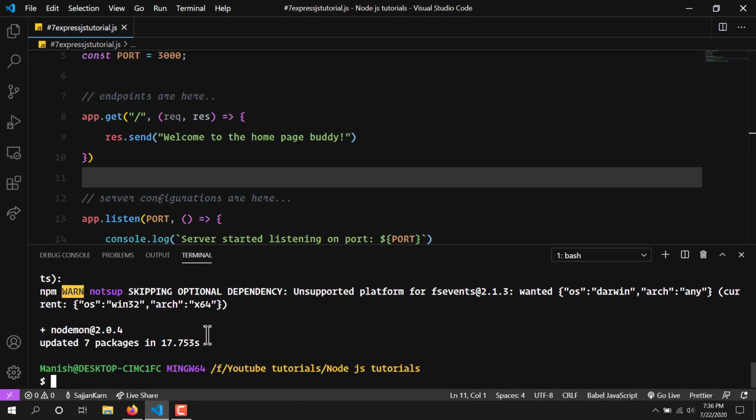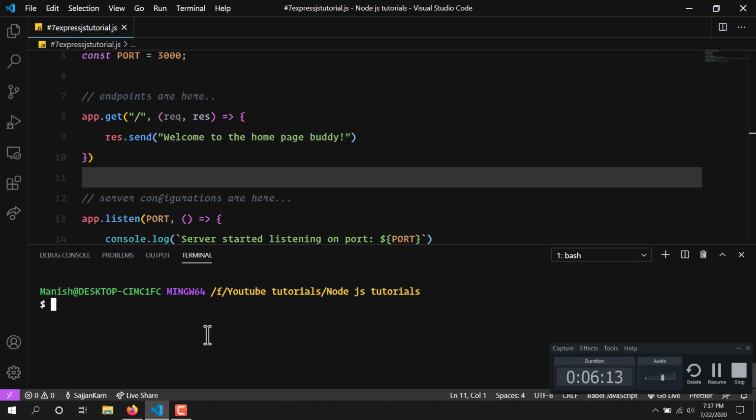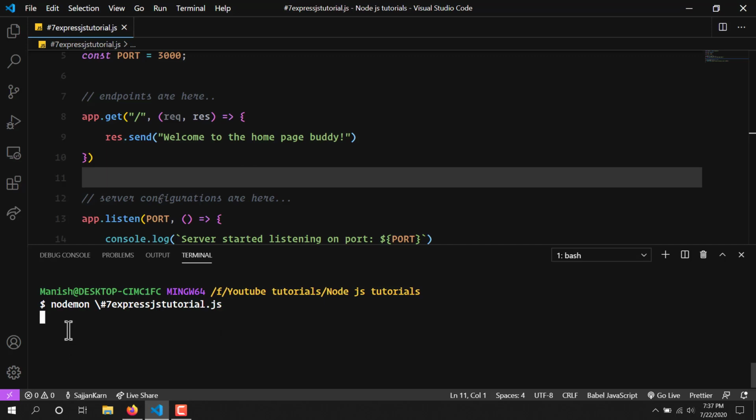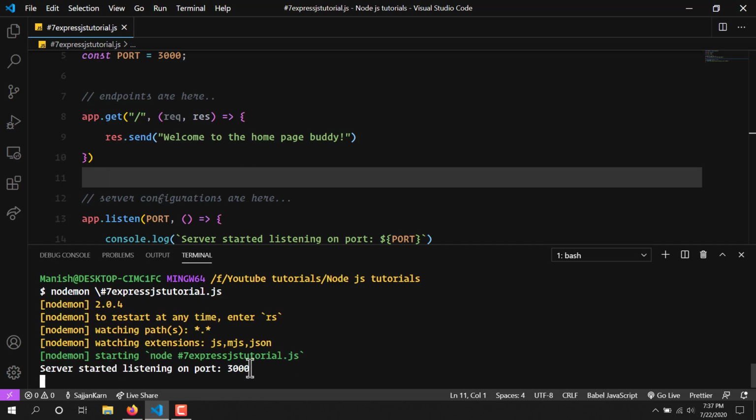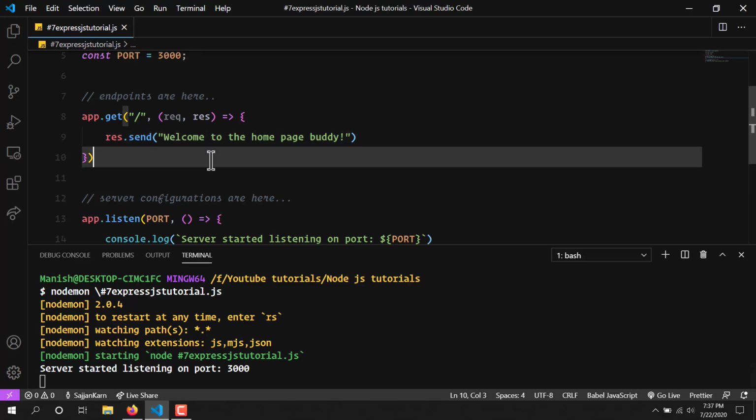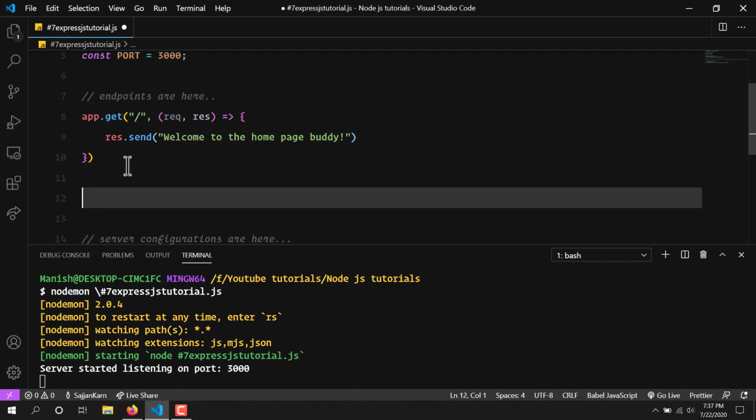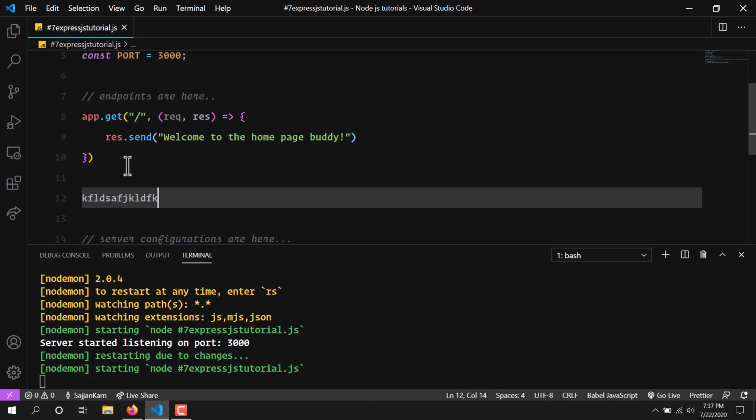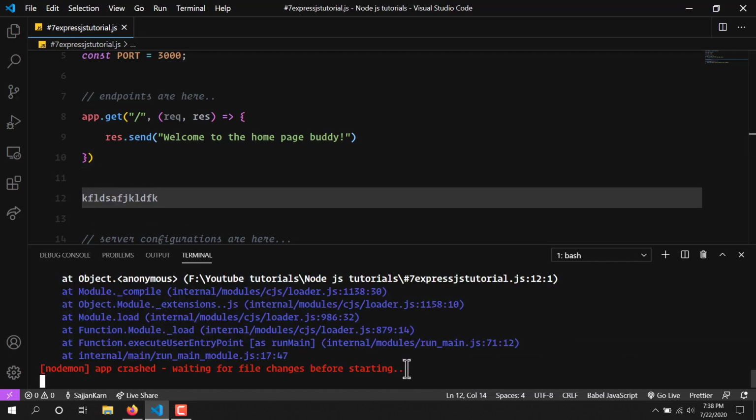As you can see, it installed. Let me clear this and write nodemon 7 express.js, and as you can see, server started listening on port 3000. If I refresh, nothing changes. But if I make any change, we get the error instantly because nodemon automatically refreshes the server for us.